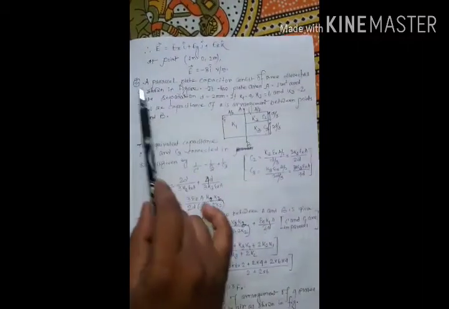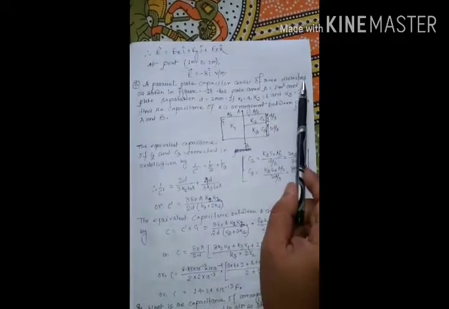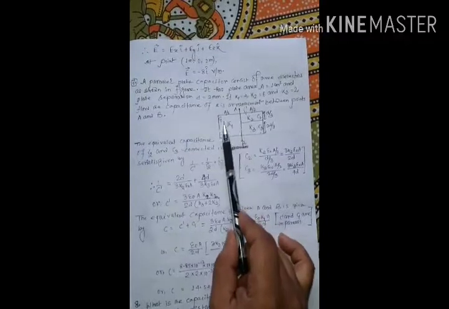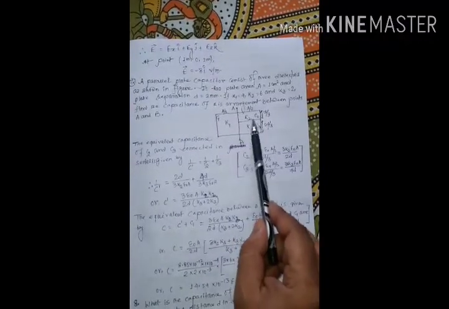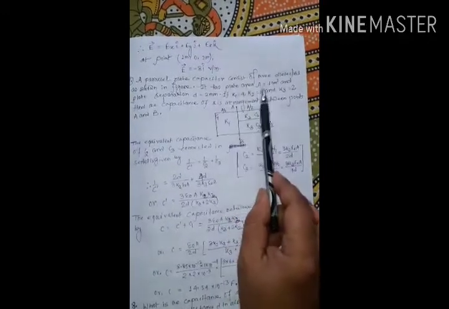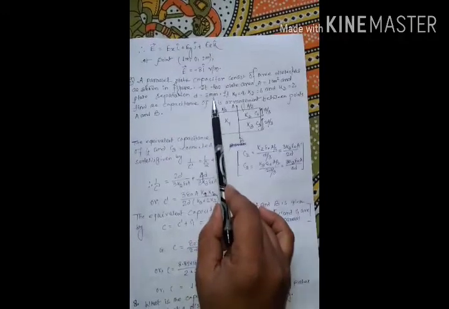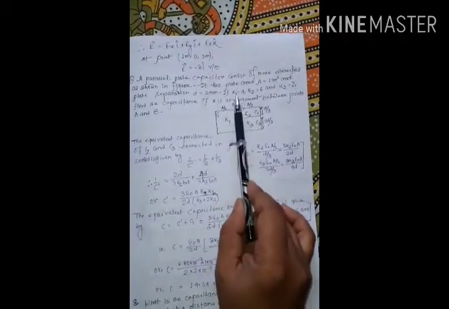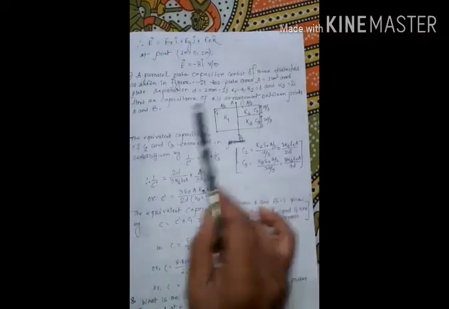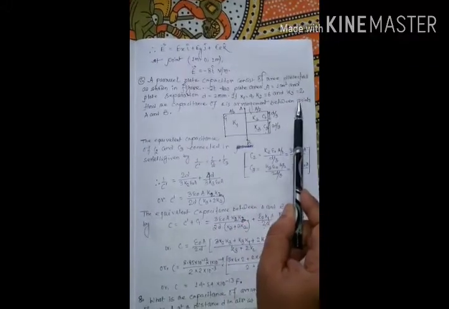A parallel plate capacitor consists of 3 dielectrics as shown in the figure. So this is one dielectric, this is another dielectric, this is another dielectric. It has plate area 1 centimeter square and the plate separation d equals 2 millimeter. If K1 equals 4, K2 equals 6, K3 equals 2, find the capacitance of this arrangement between the points A